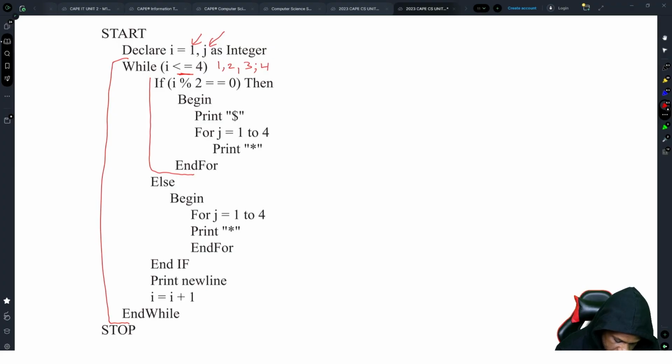We do the else. The else is going to begin for J is 1 to 4, print stars. So we're going to get 1, 2, 3, 4 stars, right? Because that is what we had to do here. And if new line, I is equal to I plus 1, so I goes up to 2, right? So now we're going to check to see if I mod 2, 2 mod 2 is equal to 0, yes, correct? So we have to print, no, they did say print new line, so once it said print new line,